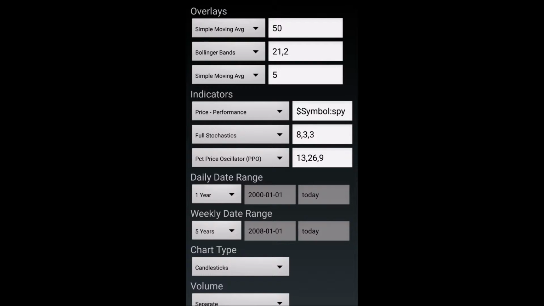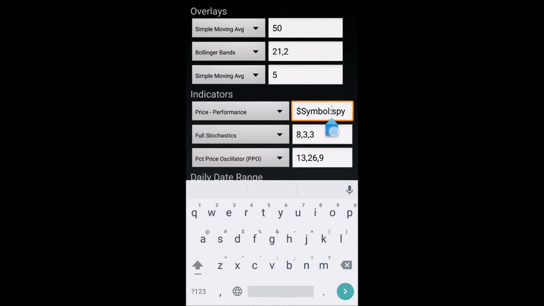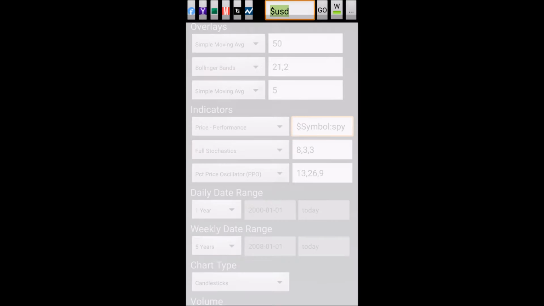And this second stock that I'm comparing against is the SPY, which is the S&P 500. So to compare the two, you would use the relational operator, which is the colon. So what this does is that this indicator would compare the US dollar versus the spiders, and we can see